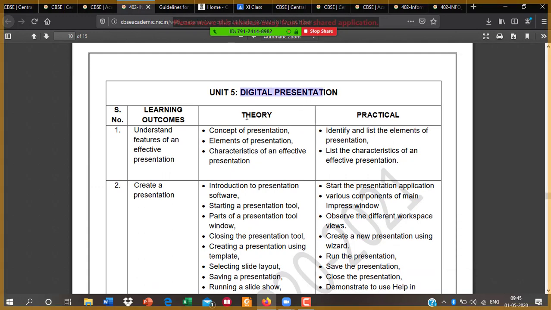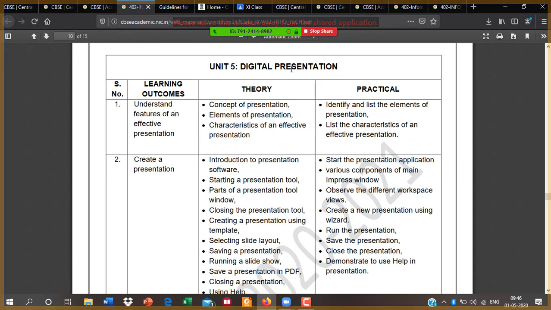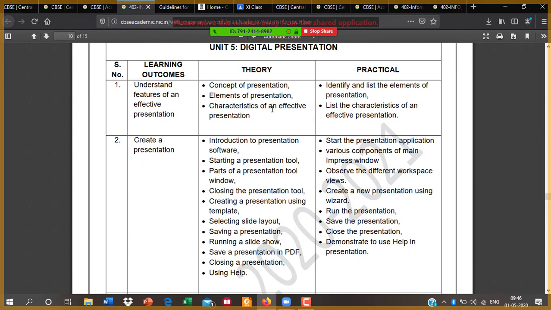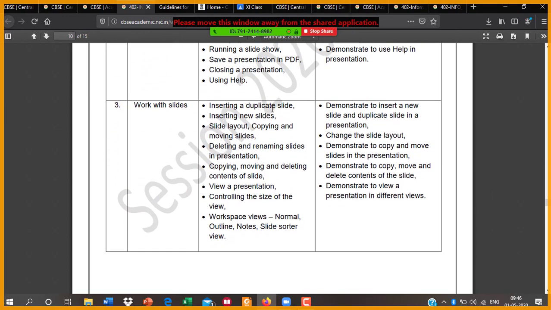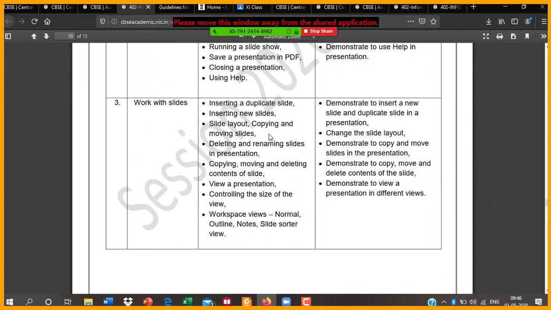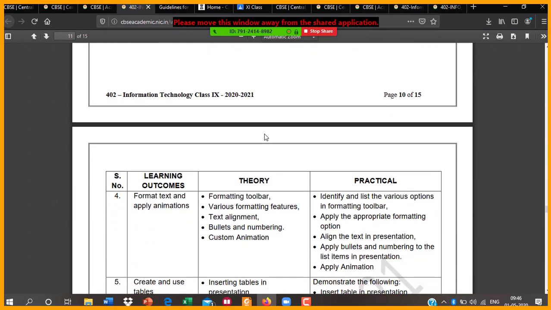So you will use skills, for example how you can create effective presentations, and how you can use animation, transitions, formatting, inserting images and master slides also. In this application we will use PowerPoint and work with slides: how to insert a duplicate slide, how to create a new slide, and slide options also.